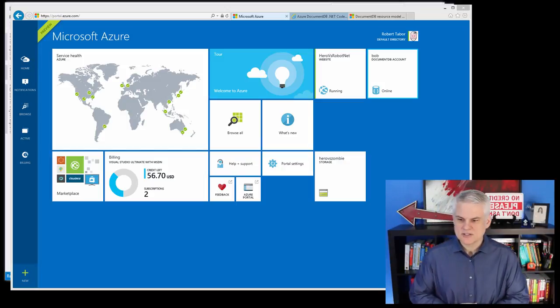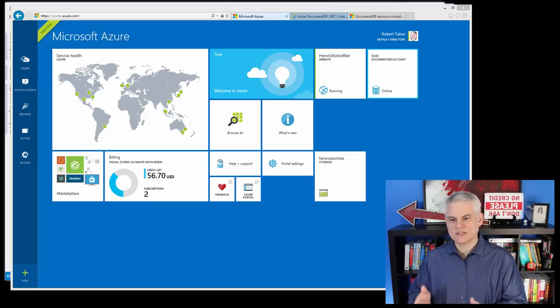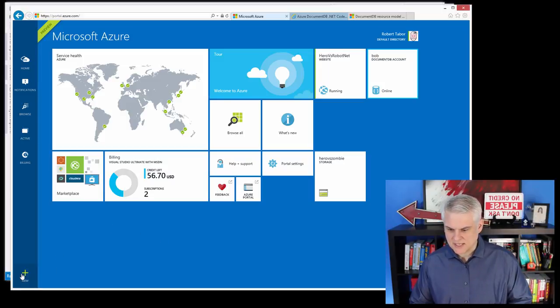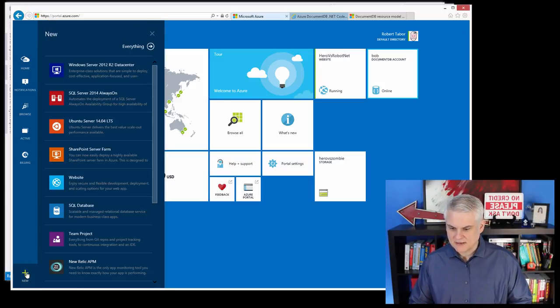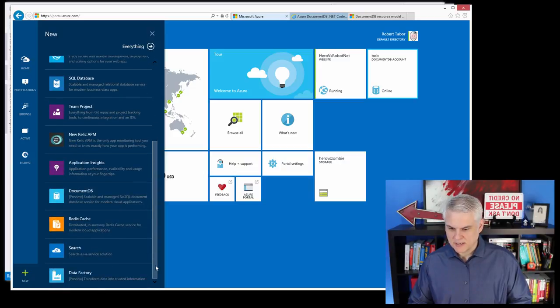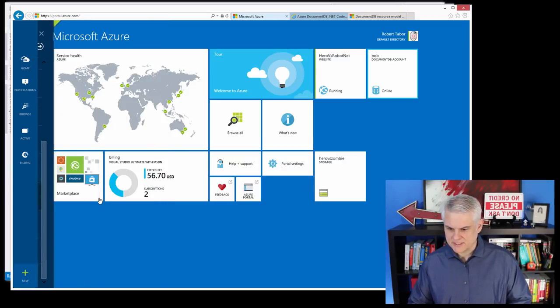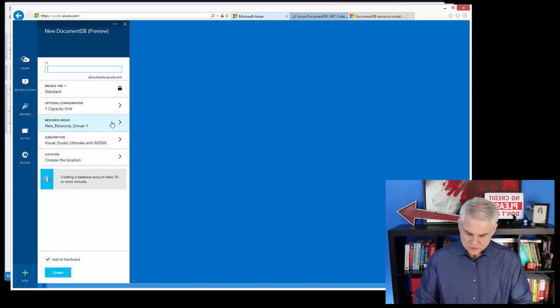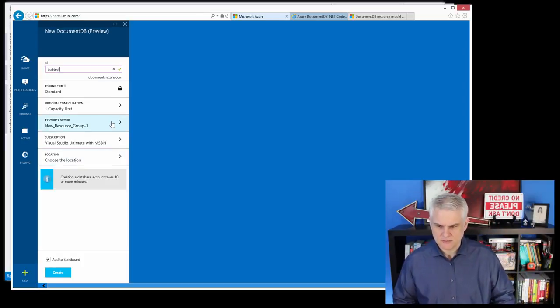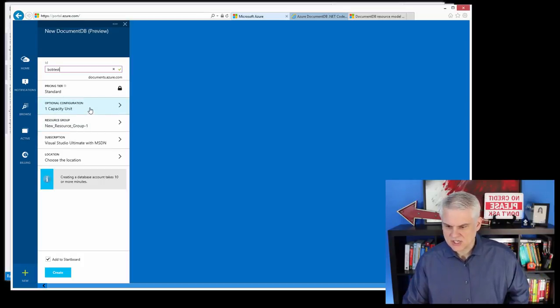So to get started, you can see that I'm here in the preview portal. Again, as I record this, the preview portal is the only place that you can get started by creating a new DocumentDB account. To create a new DocumentDB account, I'll go to the New button on the bottom and select DocumentDB. You only have a few choices here. First of all, we're going to give this a name like Bob Test, make sure that it's available. And then I can change the